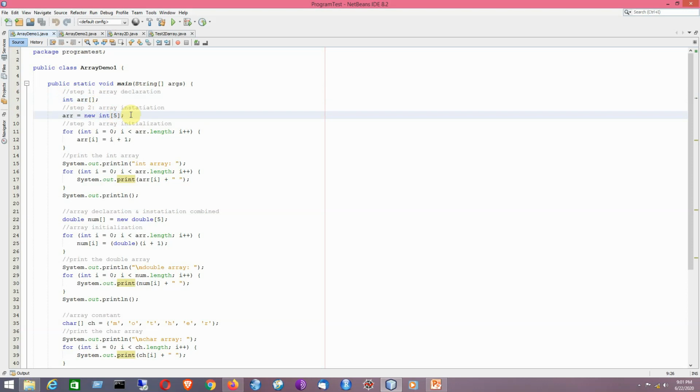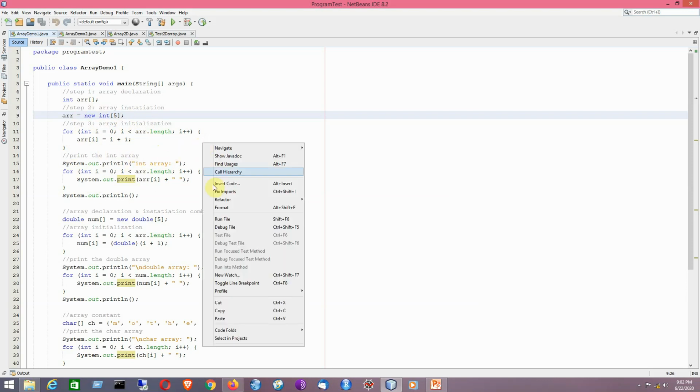I have not taken any keyboard input here. And step 3 is array initialization. So I have tried to initialize the elements of the array by using a for loop that I have discussed just now. So in that way the array elements can be initialized. Finally I have tried to display the elements of the array. Just have a look at the output here.